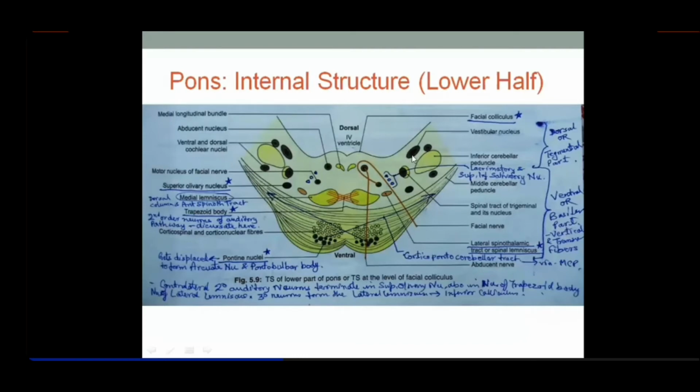Remember, while I was teaching you the third cranial nerve, I taught you which functional column is included in the third cranial nerve nucleus. It is general somatic efferent, right? And that had two nuclei on the two sides. They fused in the midline and formed the oculomotor nuclear complex in the upper portion of the midbrain at the level of the superior colliculus.